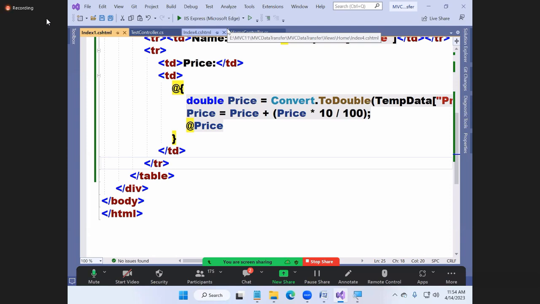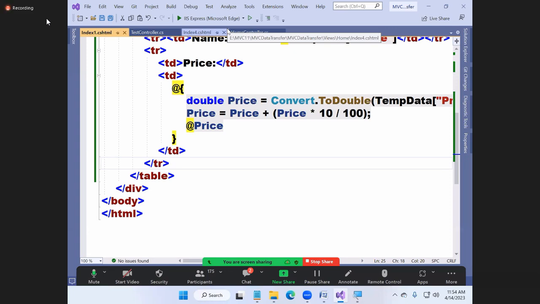X value won't change. But here, once you pick the value from temp data, the data is lost. Are you clear? Once you pick the value from temp data, the data is lost. All the data that is present in the temp data is lost. Is the problem clear? Okay. Now the question is, how can I fix it? I'll tell you how to fix it.